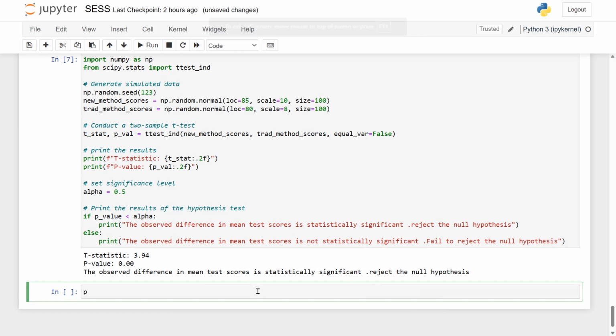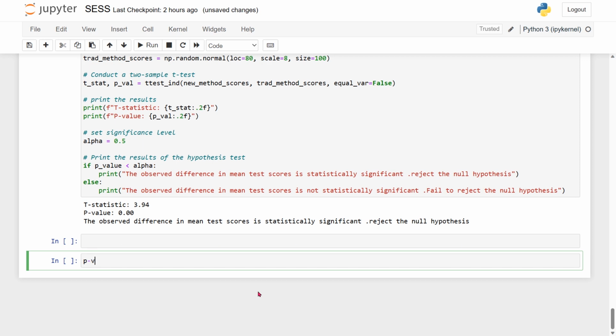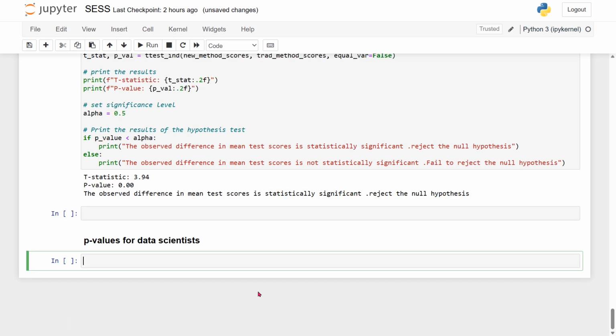P-values for data scientists. Suppose a data scientist is building a linear regression model to predict house prices based on various features,